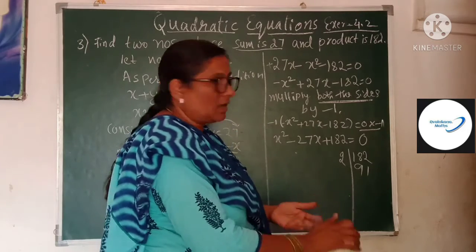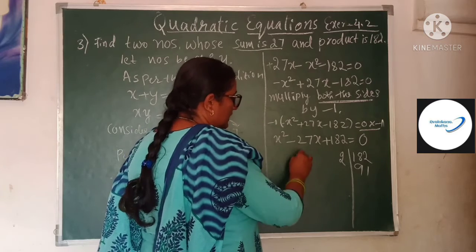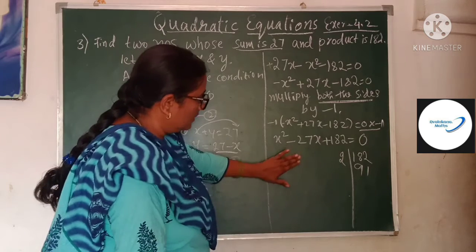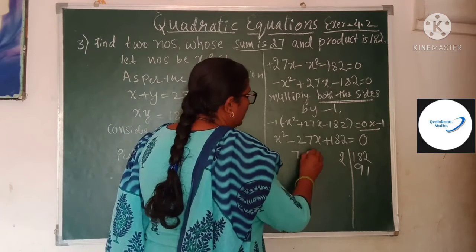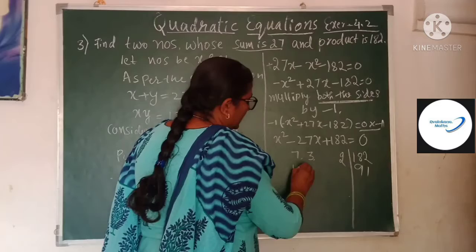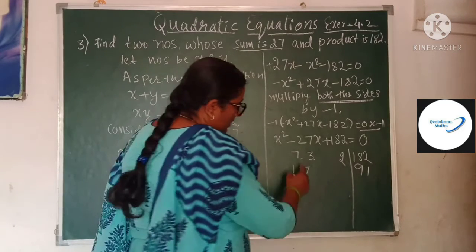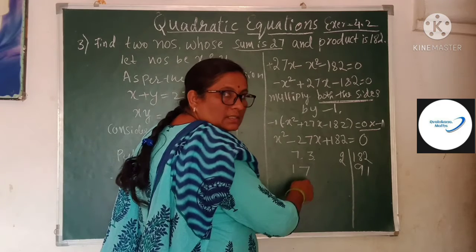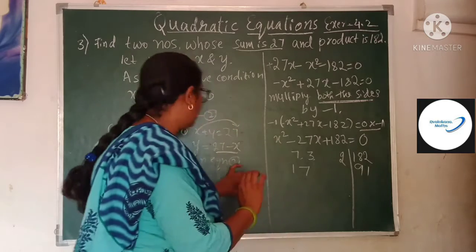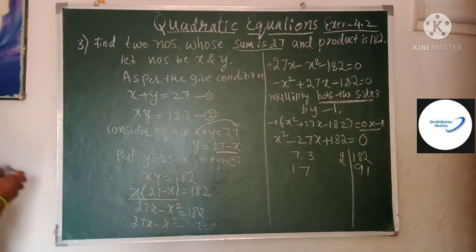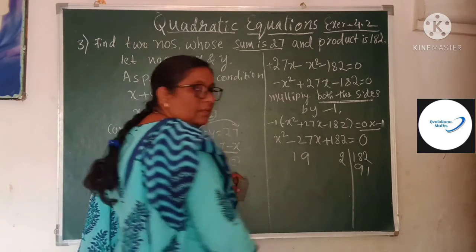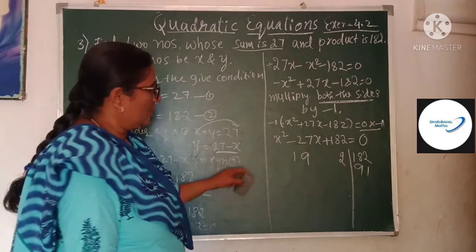Go through all the multiples, the odd numbers. I have not got it by 3. Then 17 4s will not give it, nor 17 5s, 17 6s. Let's see how to get the factors. I have an odd number, so try 3, 7, multiples of these. 7 7s are 49, 7 8s, 7 9s, you will not get it by 17. So now we go with 19: 9 1s are 9, 9 3s, we will not get 19.